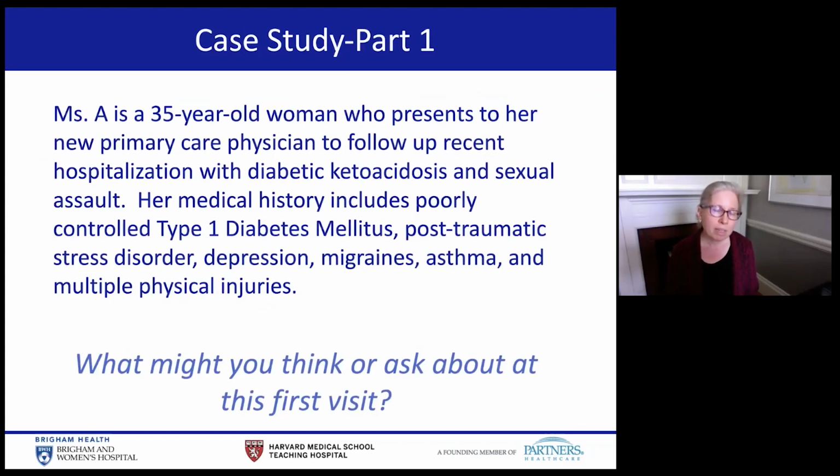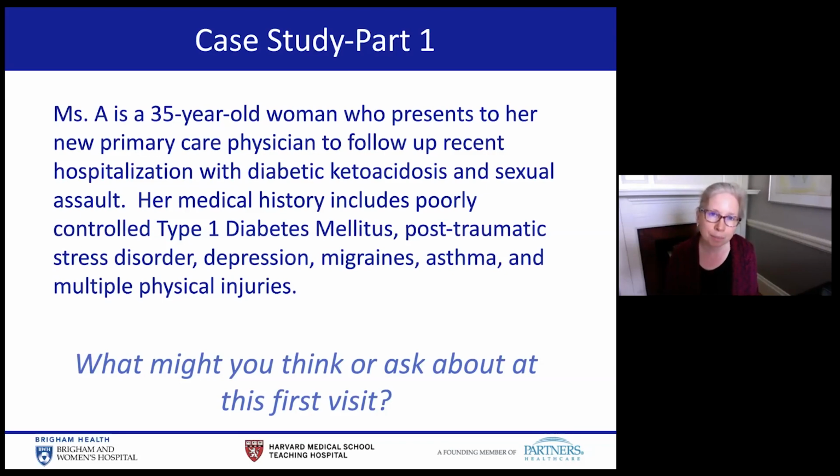So I'll start with a case study. Ms. A is a 35-year-old woman who comes into our office to establish primary care after being hospitalized with a sexual assault and diabetic ketoacidosis. She had a complicated medical history, including poorly controlled diabetes, PTSD, depression, migraines, asthma, and multiple physical injuries. So when you see a patient like Ms. A come into your office, what are some things that you might think about or want to ask her during